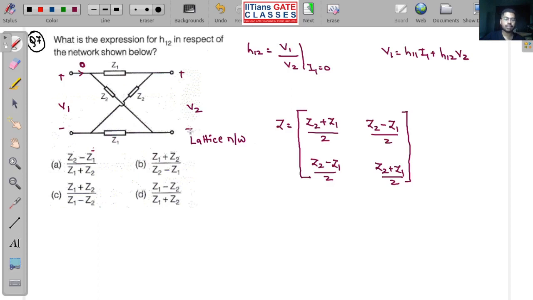Not the first lecture, sorry, I think the third lecture. Okay, third lecture is two-port network. So two-port network, theory of two-port network, you just go and watch. You are going to get the idea of each and everything. Okay, lecture number 3. So this is the Z parameter for this lattice network, and I have already discussed in lecture 3 the relationship between H, Y and Z.